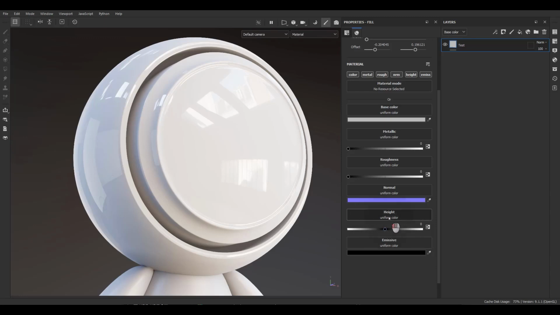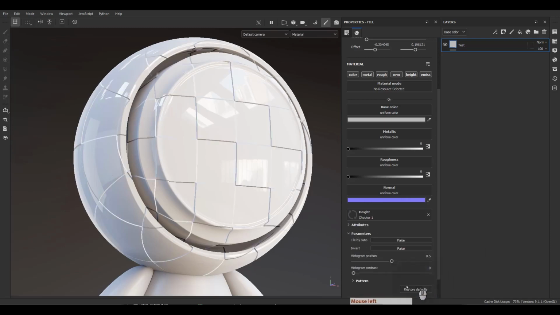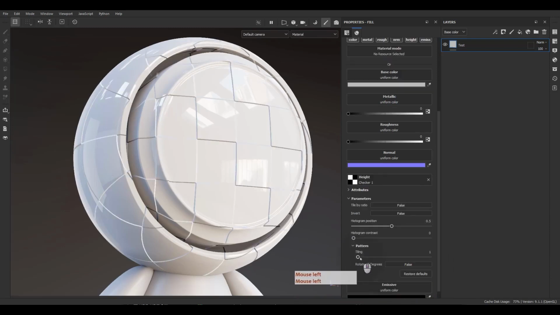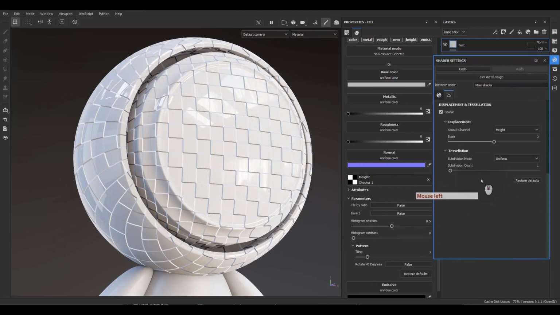But for using that, let's load some texture here. For example, this checker. Let's increase the tiling. For using displacement in the viewport, we need to enable the displacement in the shader settings window. Okay, so it's enabled right now, but it's not affecting the viewport because the scale is 0. I can increase the scale, for example, to